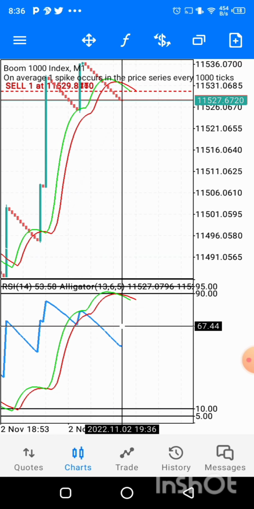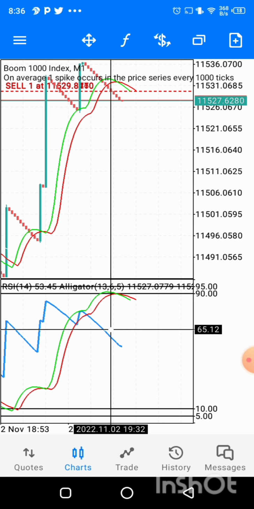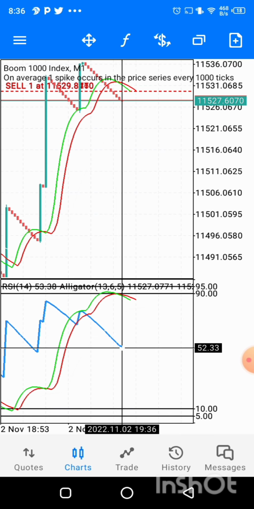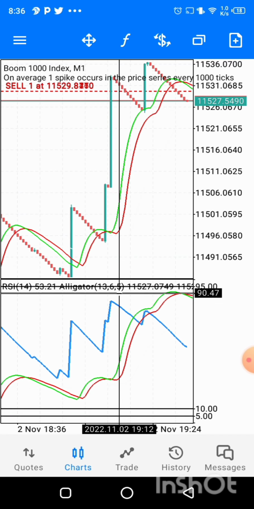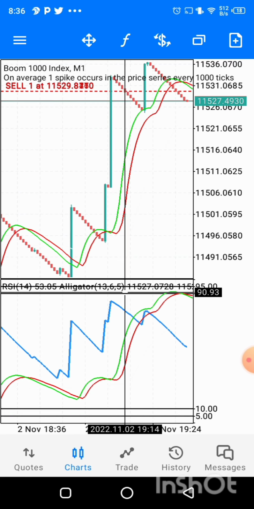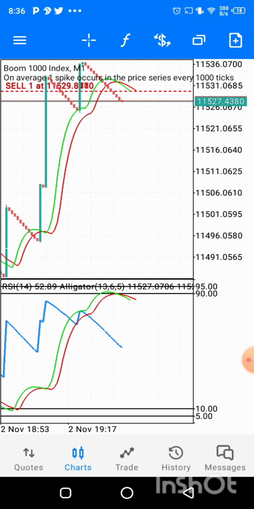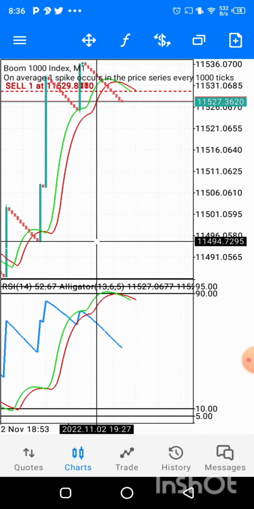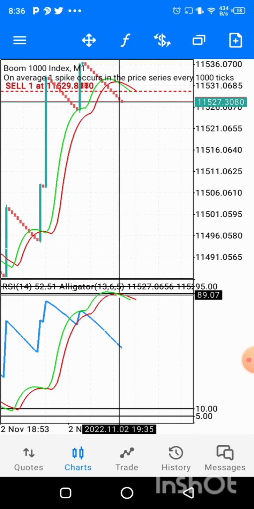Now, when you are scalping, you don't really make use of RSI because it's hard for RSI to get to the overbought level for boom, and for crash, hard for it to get to the oversold level. So what we do is, when you see this alligator at the overbought level for boom,